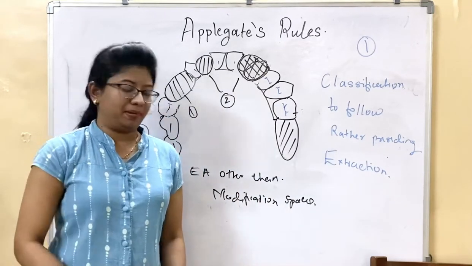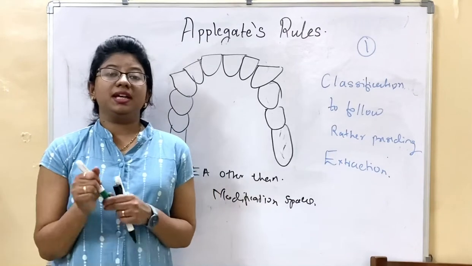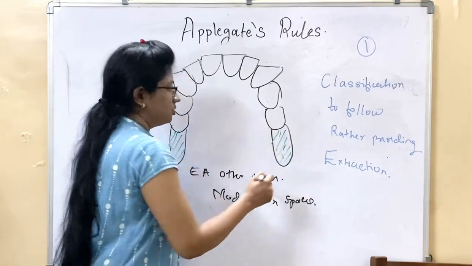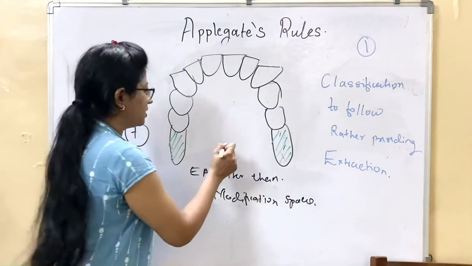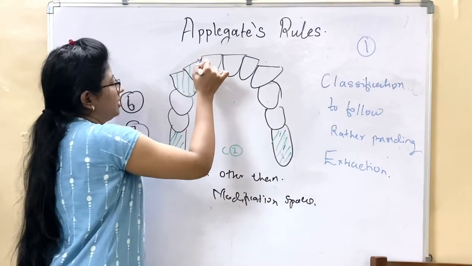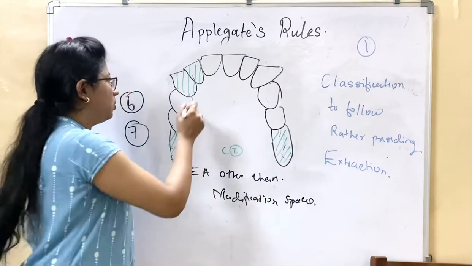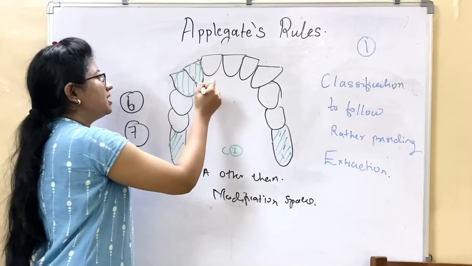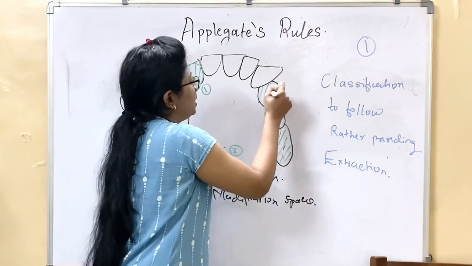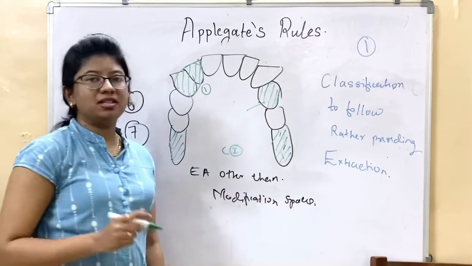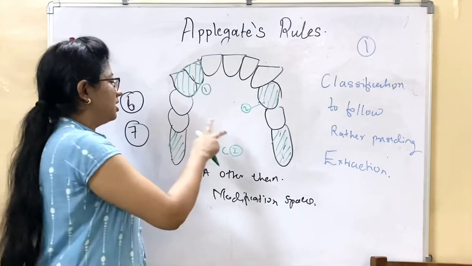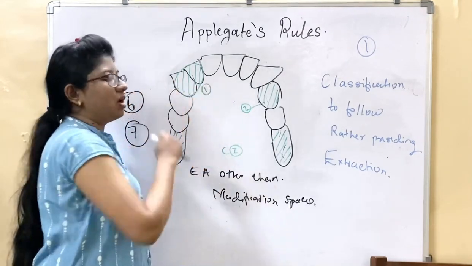I'll give you one example. So in this figure there are two edentulous spaces. So according to the edentulous spaces, it is class 1. And this area is also missing, the lateral incisor as well as the canine. Both the teeth are missing. So it will be considered as modification 1. Along with this, if this premolar is also missing, then it is considered as modification 2. So it's easy. Two edentulous areas with two different modifications.